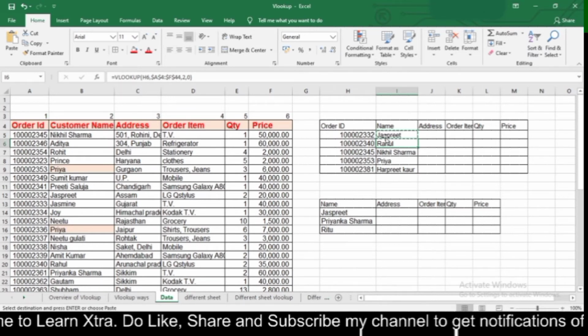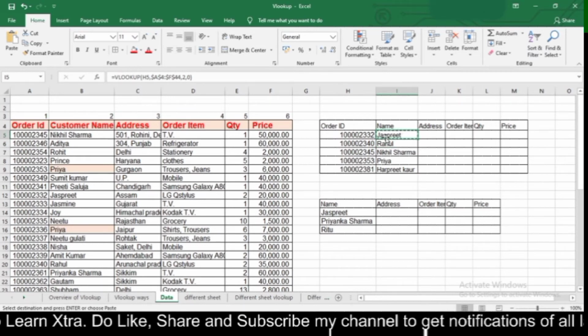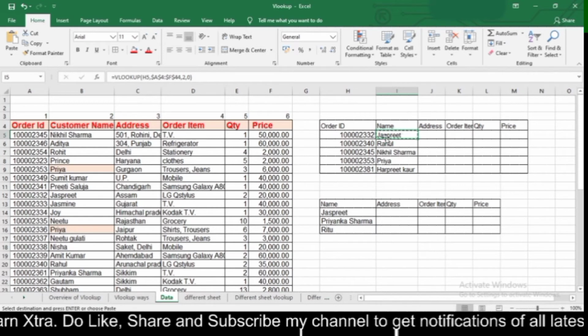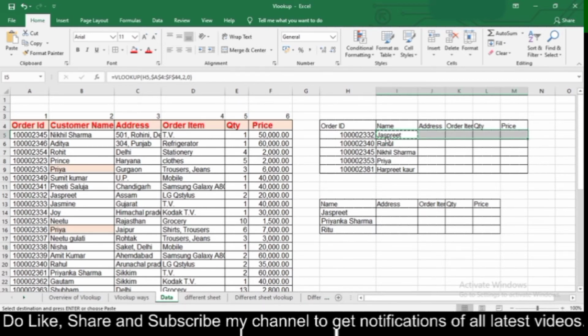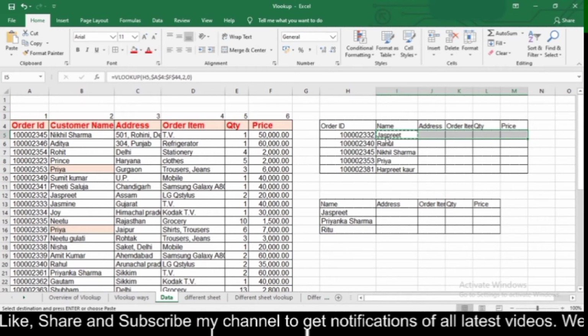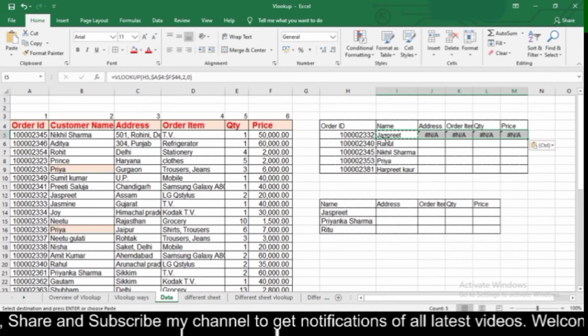So now if I copy this formula into other cells, that is from left to right, then I didn't get my answer.